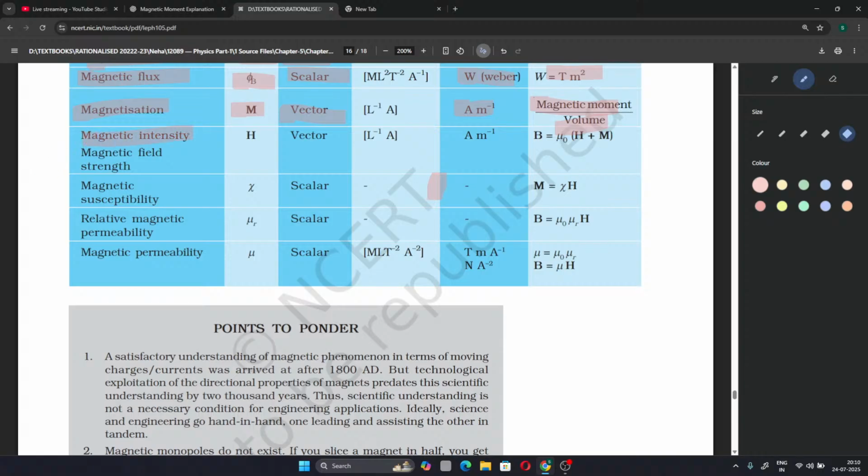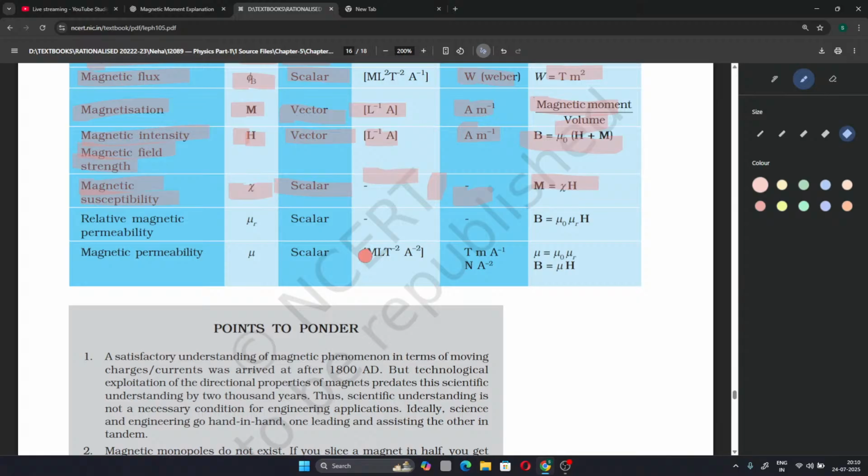Now, magnetic intensity, or magnetic field strength, like electric intensity and electric field strength, is represented as H. It is a vector, with dimensions the same as magnetization, in ampere per meter. B equals mu naught times (H plus M). Magnetic susceptibility chi is a scalar with no dimensions, so no unit as well, where M equals chi H, the effect of magnetic intensity or field strength